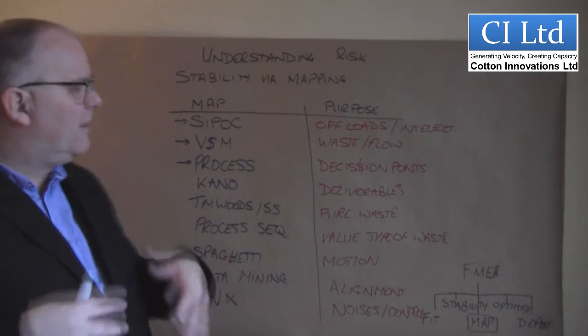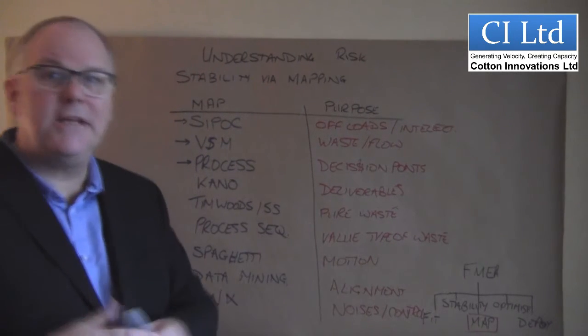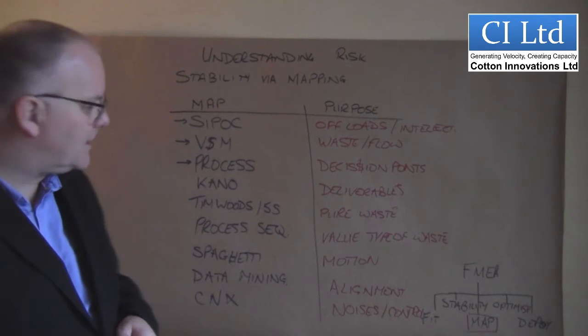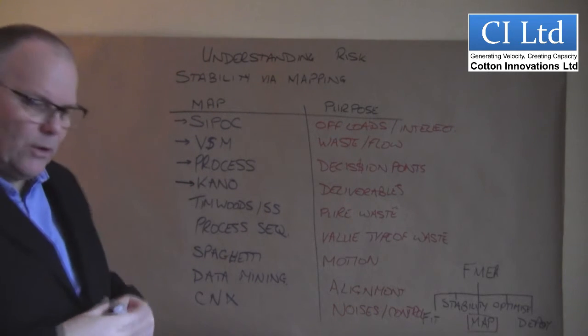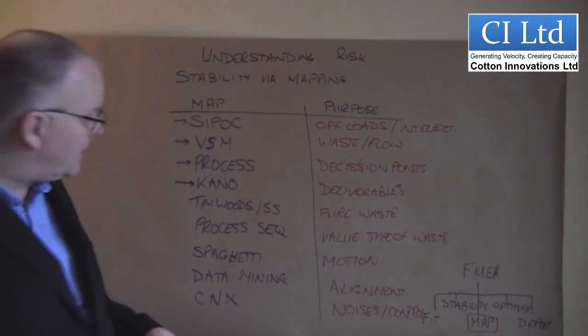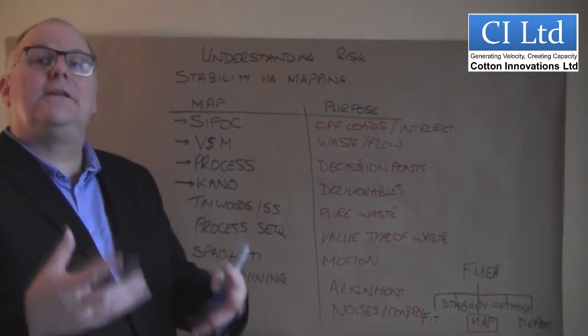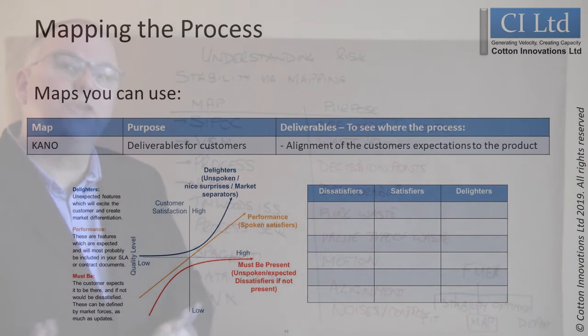So we need to understand from a process flow map, are those decisions happening too late? Are they happening at the right point? Could we move them earlier in the process? Another map which may be useful to use when we're looking at managing risk and improving our processes is a Kano map. Kano looks at what is a delighter, a satisfier and a dissatisfier from a customer or a consumer's